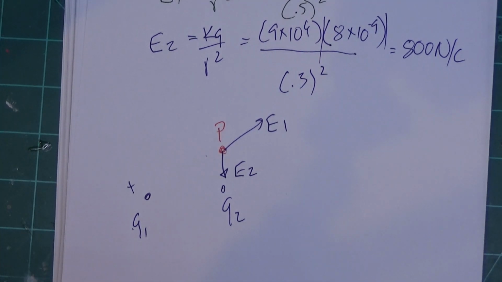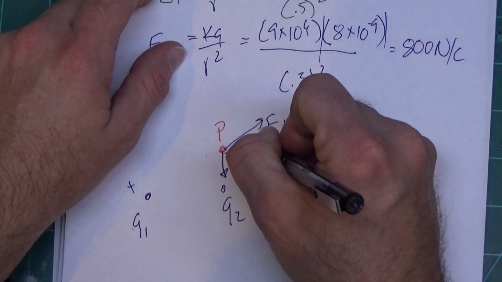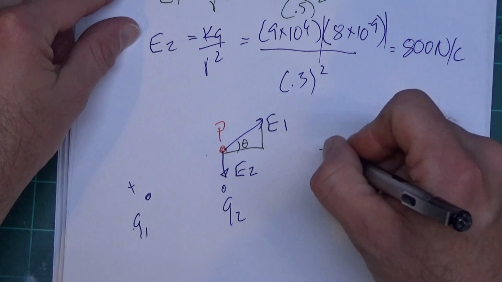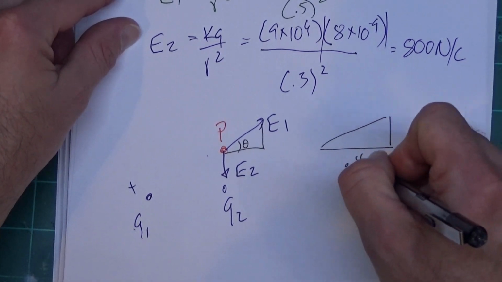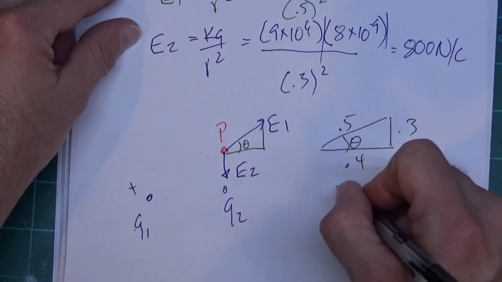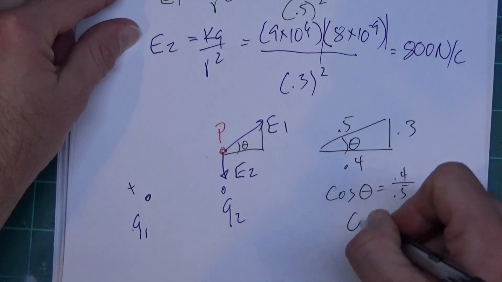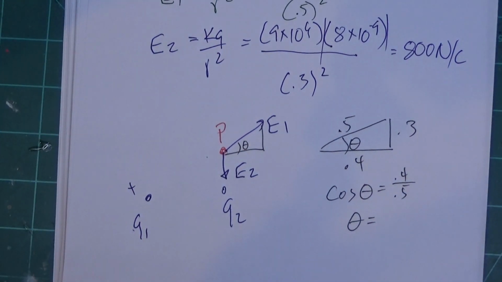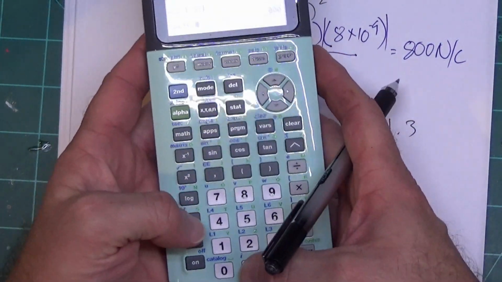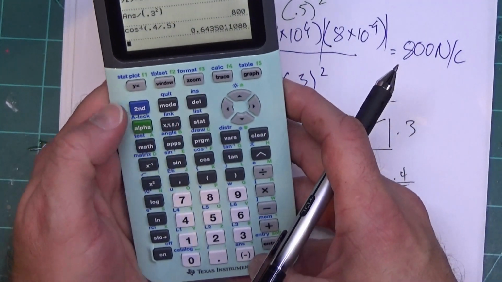Now when I go to do my components, I'm going to have to find angles for E1. So E1 is going to get components. Now this angle theta here is related to the 3, 4, 5 triangle with 0.4 here, 0.3 here, and here's my theta, 0.5 here. So cosine theta is 0.4 over 0.5, so I can find my theta. Okay? So if I do inverse cosine of 0.4 divided by 0.5, I get my angle is,